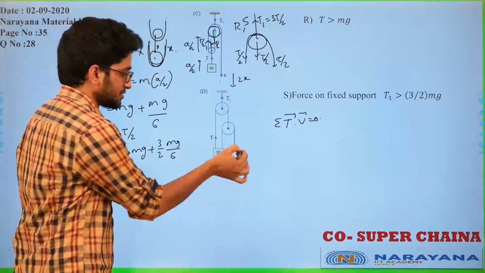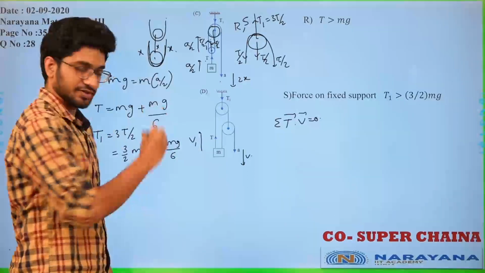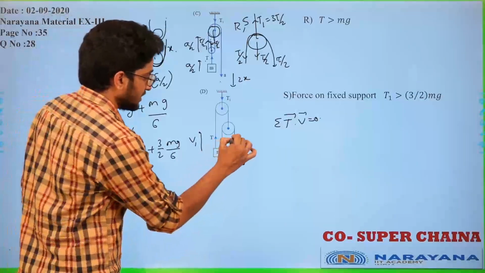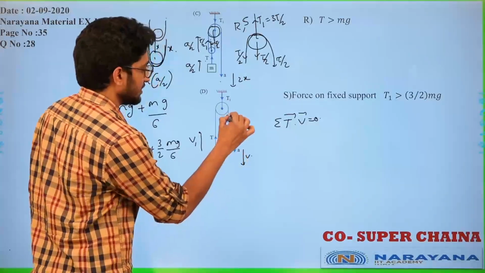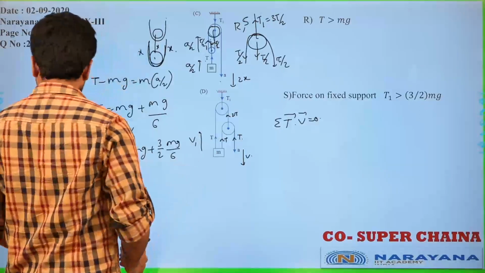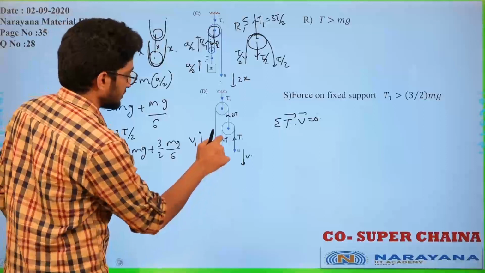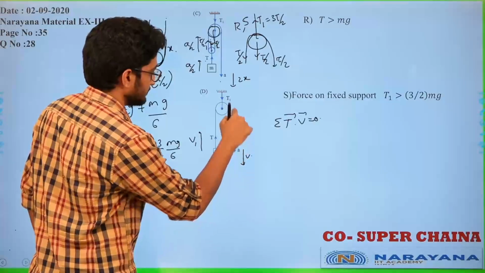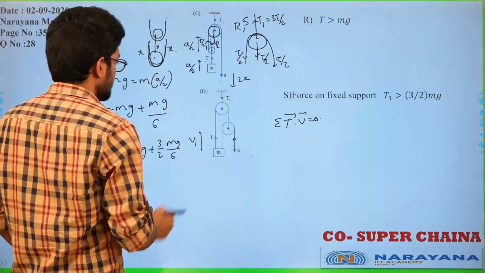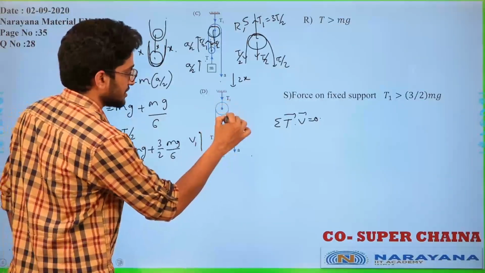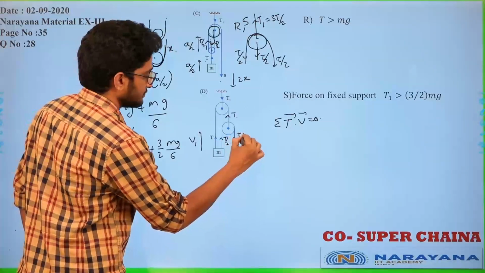So let us say the velocity of this point is v and the velocity of this block is v1 upwards. So the tension acting, let us say it is T here, T in this string. The tension acting here is 2T. Sorry. He has already specified what is T. So in the question it is always specified this as T. So this tension should be T, which means this should be T by 2 and this should be T by 2.